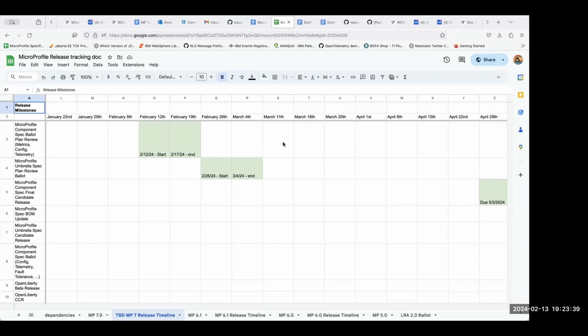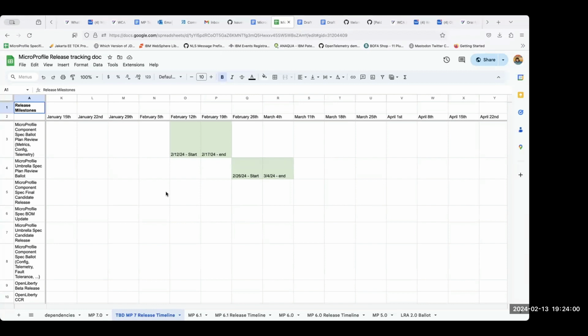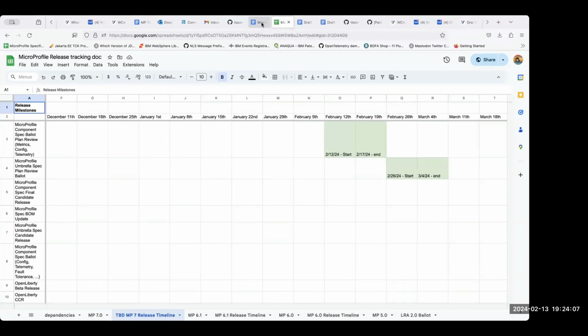Probably we will move for a couple of weeks here, but we have 4 weeks at most. We must conclude everything by March, otherwise we won't be able to achieve the deadline. So those are the dates for the plan review.